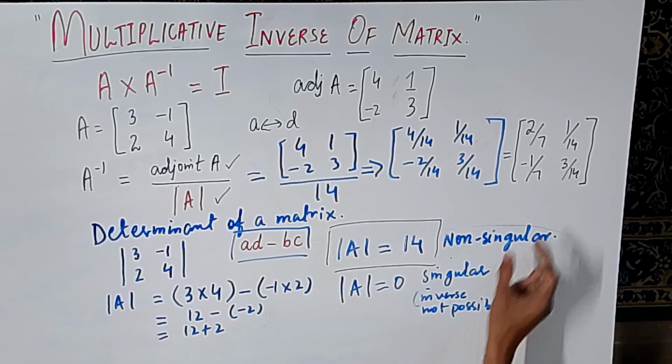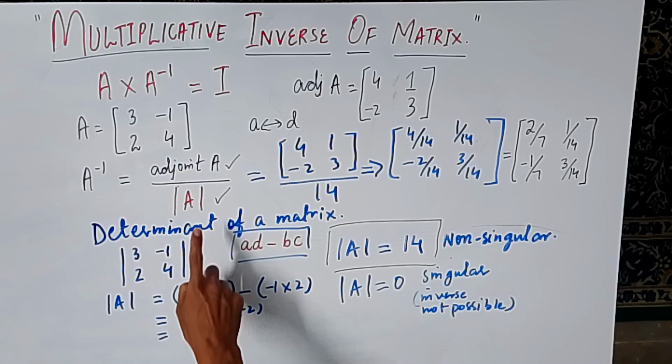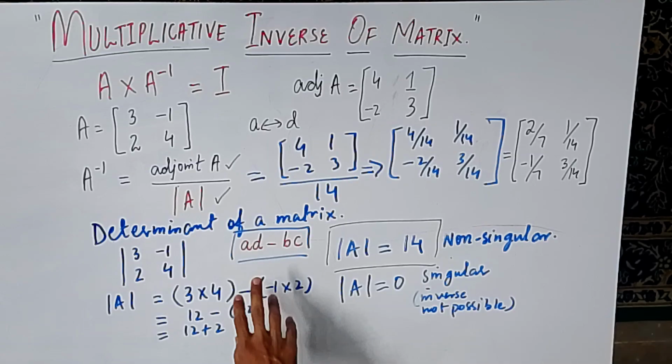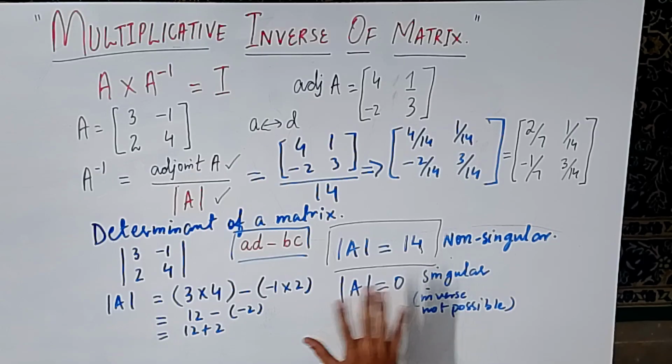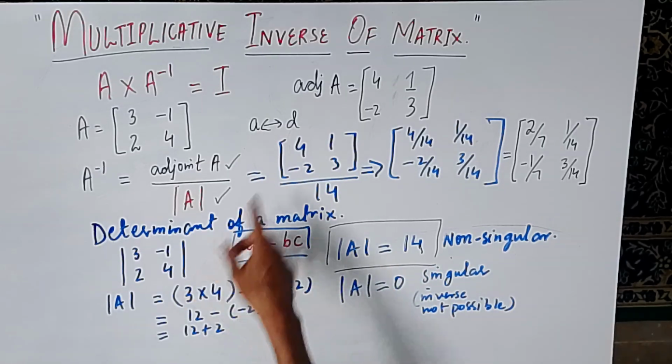So we will leave this particular thing as it is on the board and we will rub all the other things. So for finding the inverse of a matrix, you need to first find the determinant of the matrix. If the determinant is 0, you will say that the inverse is not possible because it is a singular matrix. And if the determinant is not equals to 0, it could be negative value as well, it could come in the fraction, it could be a positive whole number, that's fine. Then it is non-singular matrix and you can further move and you will find the adjoint.